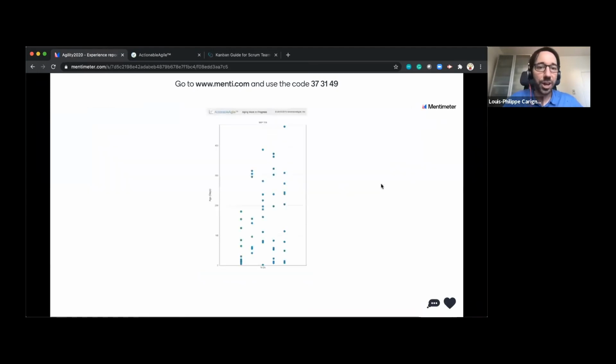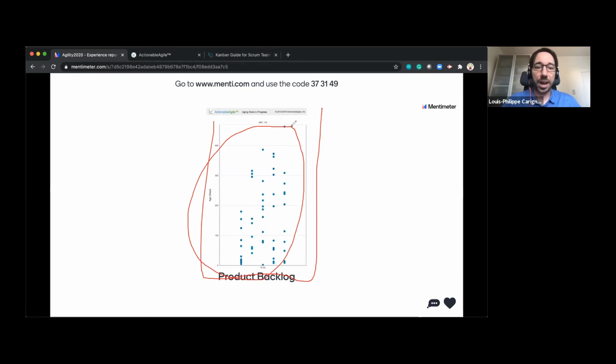I've also used the age of my product backlog items in my product backlog. You've got here a really rudimentary product backlog, which is just a column called the to-do column. And I've got lots of stuff in there, which are just product backlog items that are lying in there for a couple of years. Like you're seeing here, all of this stuff here is probably older than a year. So that's another conversation that I have with my product owner maybe once a month: let's do some cleanup in that product backlog on really old stuff, if there's still value in looking at them.